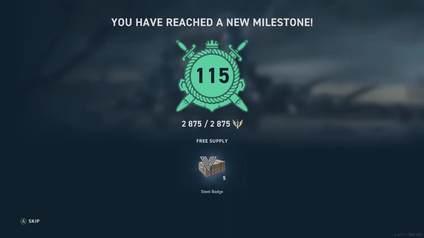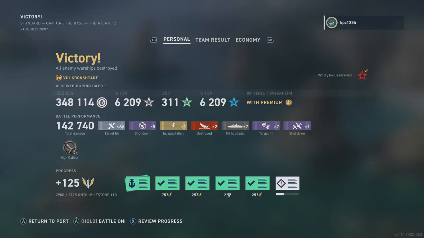Alright, there's going to be a lot of these milestone things here, so just bear with me. I didn't think it was that great of a game. Anyway, we ended up with the high caliber medal, 142,740 total damage. We did shoot down 5 airplanes, 2 kills, 7 hits to Citadel, and we ended up with just short of 350,000 silver,